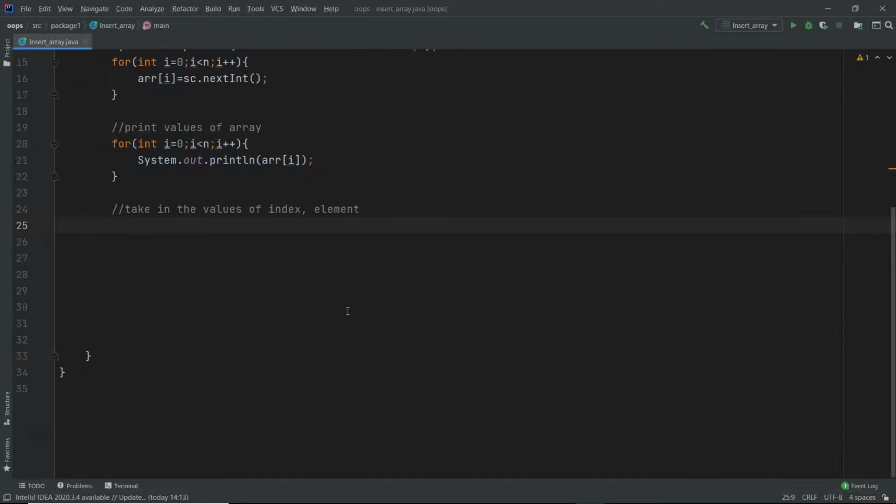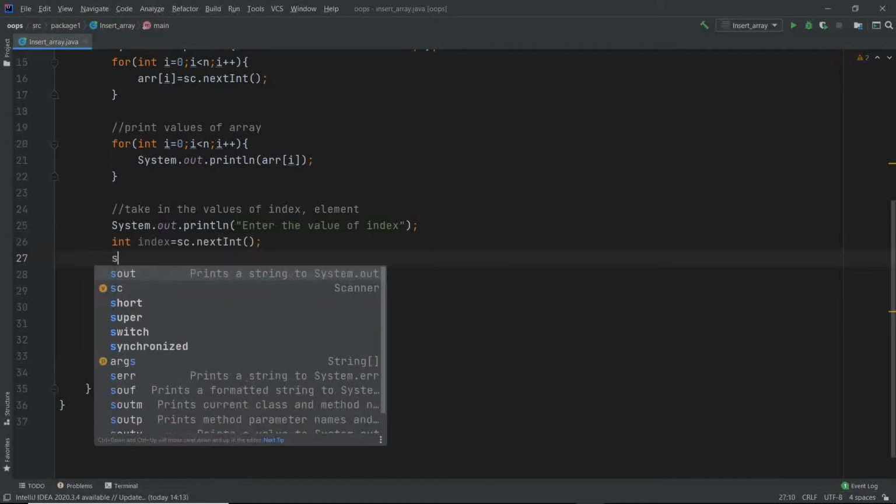So for that, int index. Let me also put a print message here: enter the value of index, and int index equals sc.nextInt().